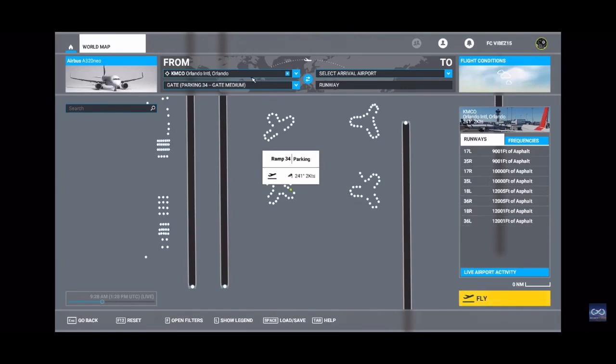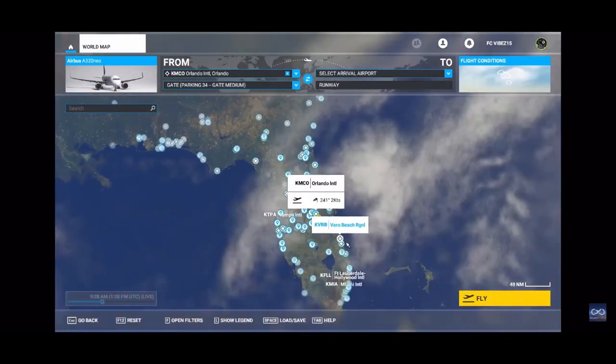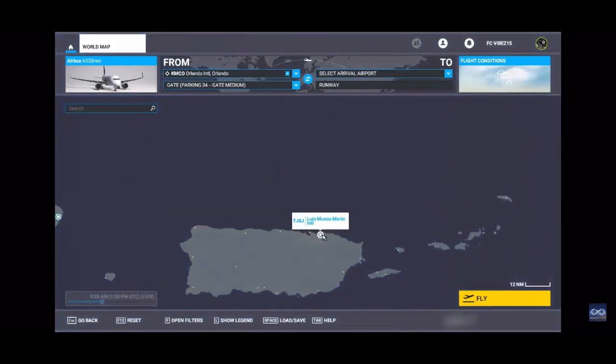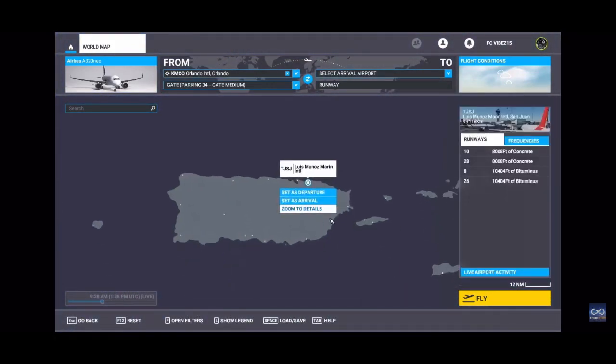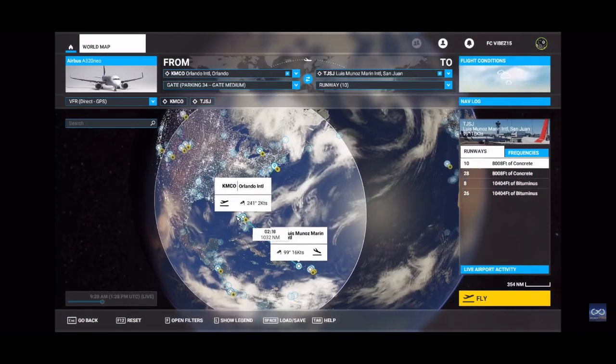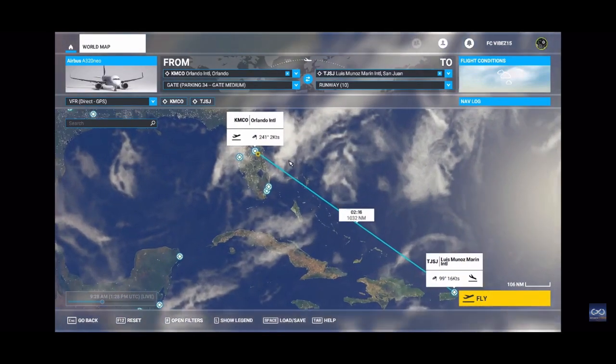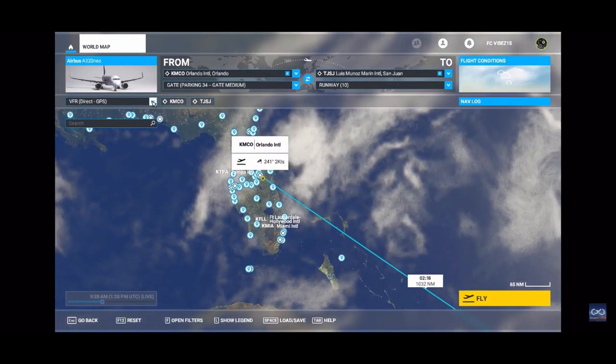Once that is set as departure, you're good there. And now you're going to go to your arrival airport. So our arrival airport today is San Juan. You don't have to select the gate on that. You set as arrival. It'll give you a whole flight plan. Well, just a straight in flight plan. It won't give you all the waypoints and stuff. That comes later. You're also going to want to select up here